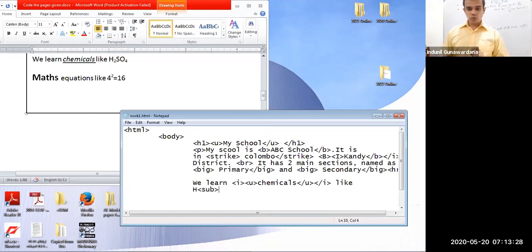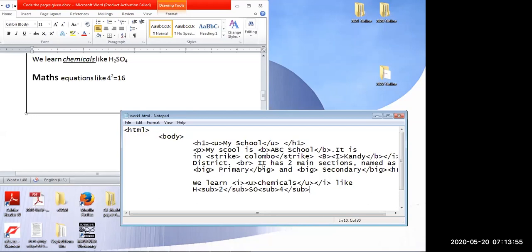And then write 2. This subscript is applied only for the value 2. Therefore, I'm closing that at this moment, sub. Right. Then S comes without having any subscript or superscript. Then O is also there. Then the 4 goes with a subscript. Right.